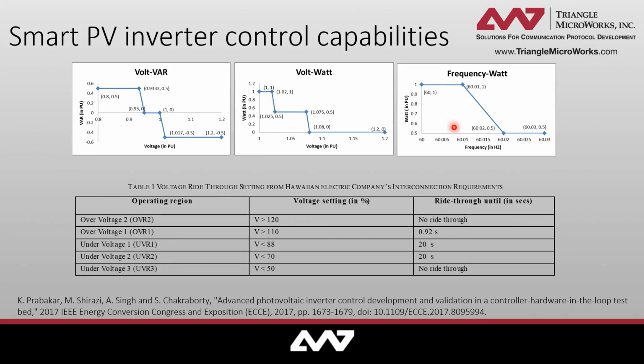So these are the curves that we used originally in the paper for the 3 different settings, and also the ride-through settings borrowed from Hawaiian Electric Company. And this was in 2017. So we used data from probably 2016 or 2015 on this work. Since we did this work, a lot of things have changed in 1547 and UL standards, and it's always evolving. But the fundamental is still the same.